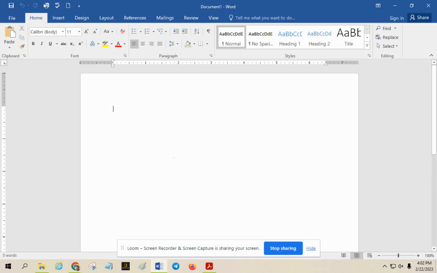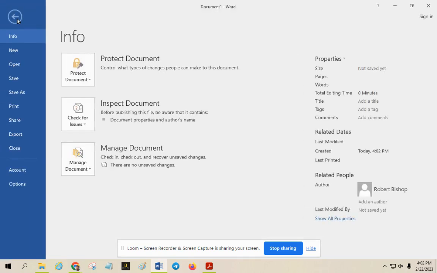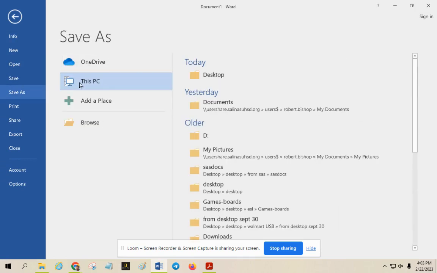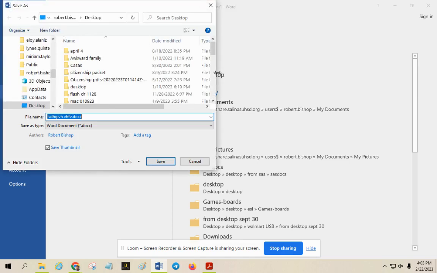Here it is. There's a new document. I'm going to write a bunch of things in here. Now I have a new document, Save As, and I want to put it on this PC, on the desktop. And look, it's chosen whatever I wrote in the front, but that doesn't make any sense. So I'm going to say, right, Robert